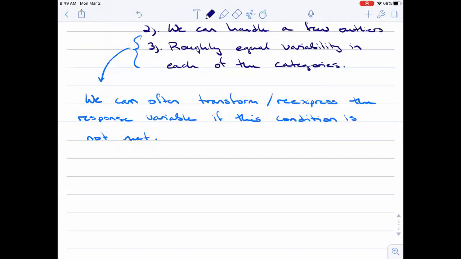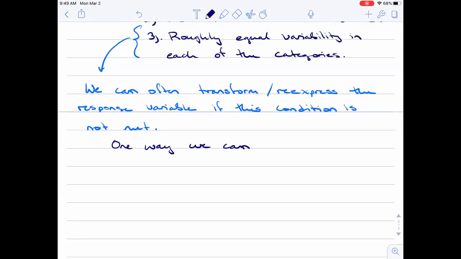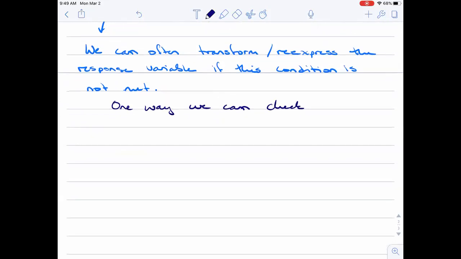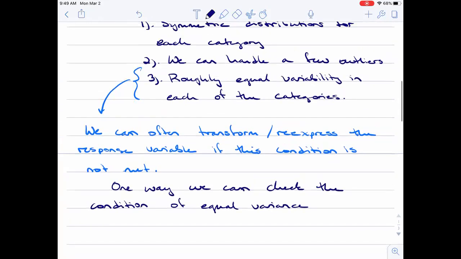One way that we can check the condition of equal variance, which is basically what this roughly equal variability in each category is,